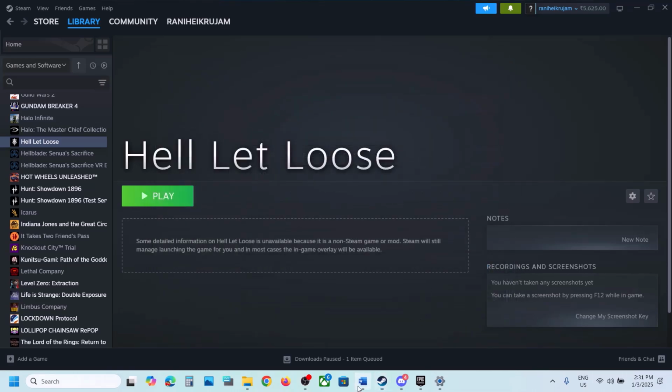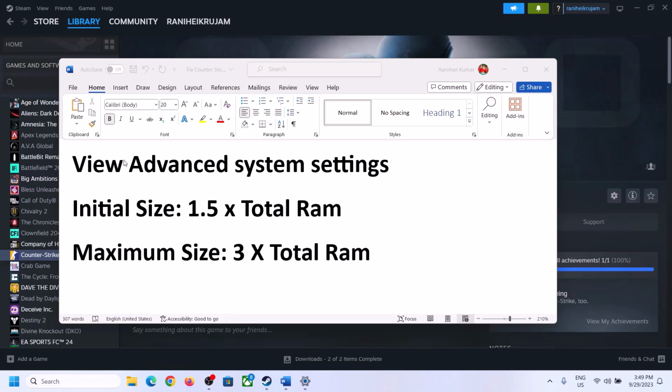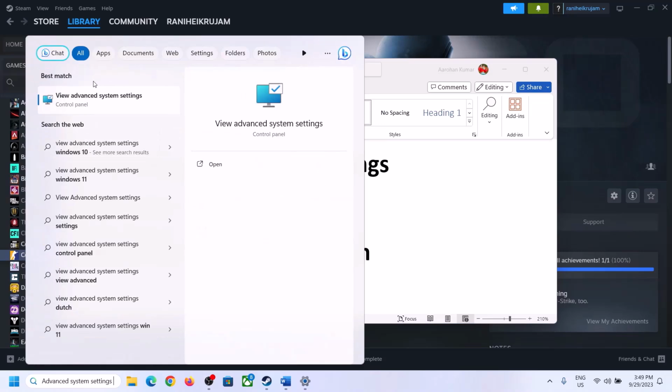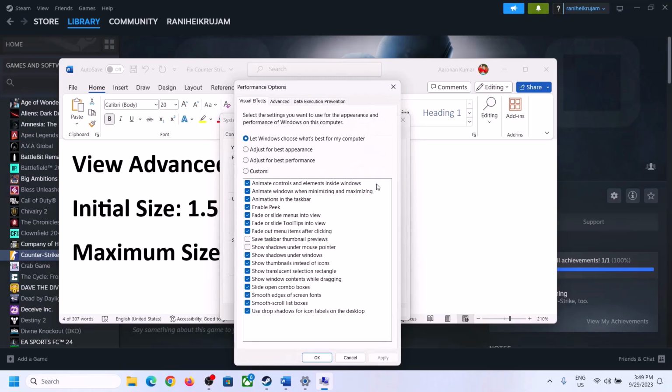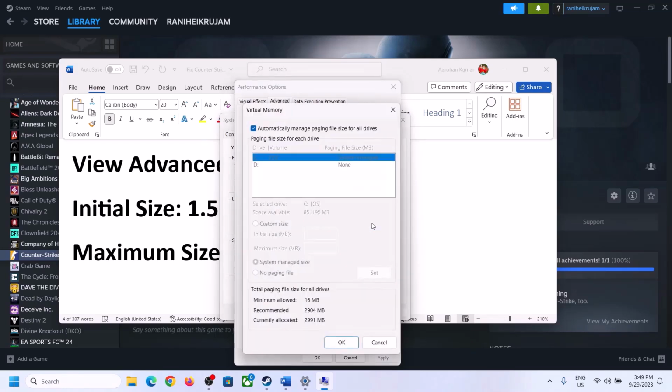Now the next step is to increase the virtual memory. So to increase the virtual memory, type in view advanced system settings in Windows search box and then click on view advanced system settings and then click on the first settings and then go to advanced tab and then click on change over here and then select the drive. So uncheck the box which says automatically manage paging file size for all drives. Uncheck this box and select the drive where the game is installed. So select the drive and then once you select the right drive, now put a check on custom size, and